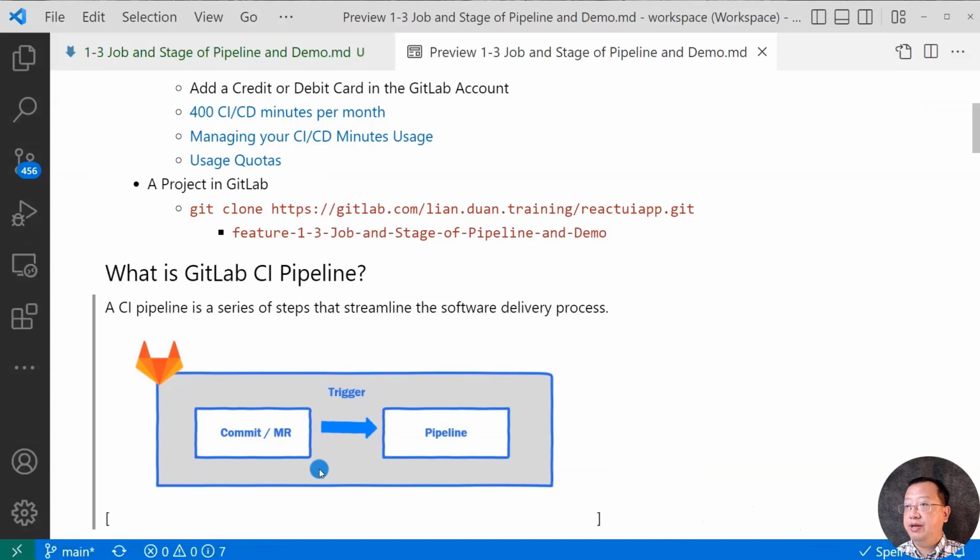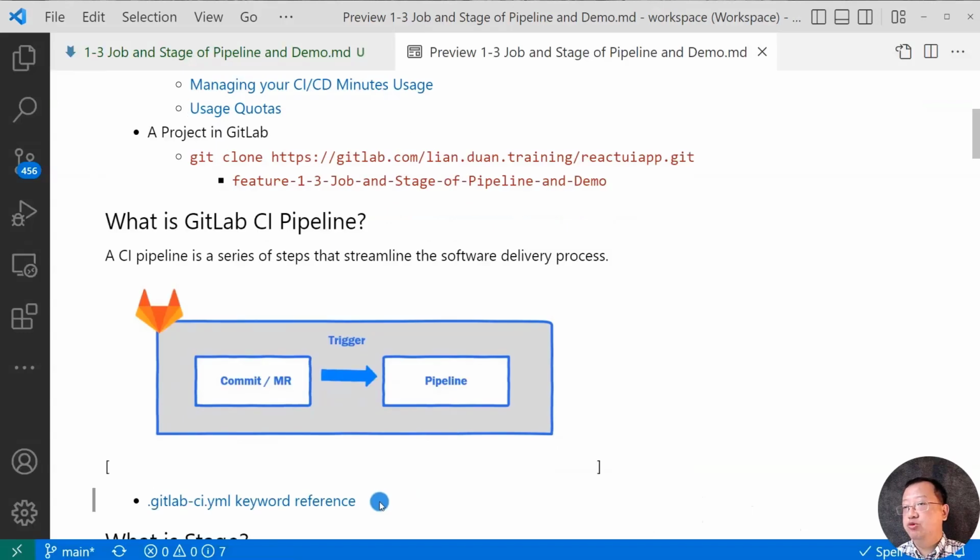The entire CI pipeline content is stored in the .gitlab-ci YAML file. A CI pipeline can have some global settings like cache and environment variables, etc. Global settings are available in all jobs. You can open the reference page to see the GitLab YAML file reference for more detail. I will show you how to use global settings in my demo. A CI pipeline is a collection of jobs that are divided into stages.